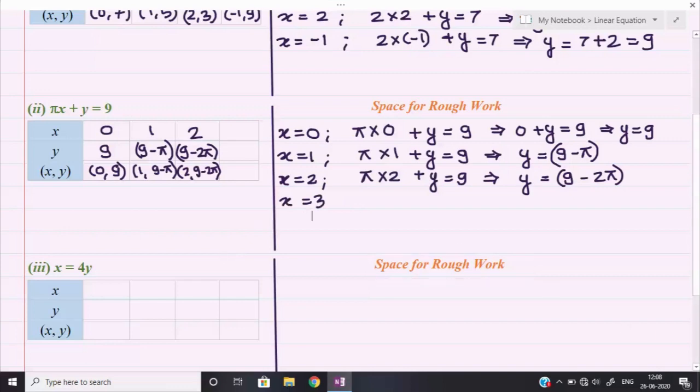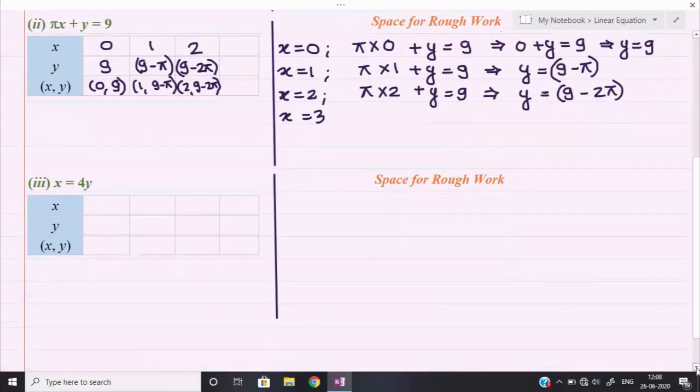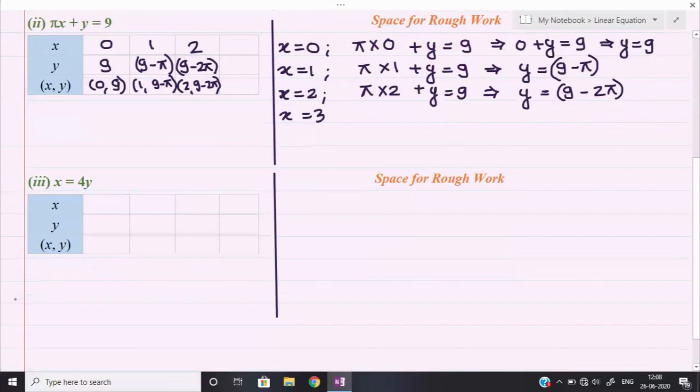I will show you quickly one or two solutions of the next one: x is equal to 4y. Now in this question don't put in the value of x, because if you put the value of x and want to find the value of y, then 4 will always come in division and you will divide the value by 4. That will make your calculation a little longer, or lengthy. So here we shall do one thing. We can take the value of y each and every time. Suppose I take y is equal to 0. So x will be equal to 4 into 0, which will become 0.